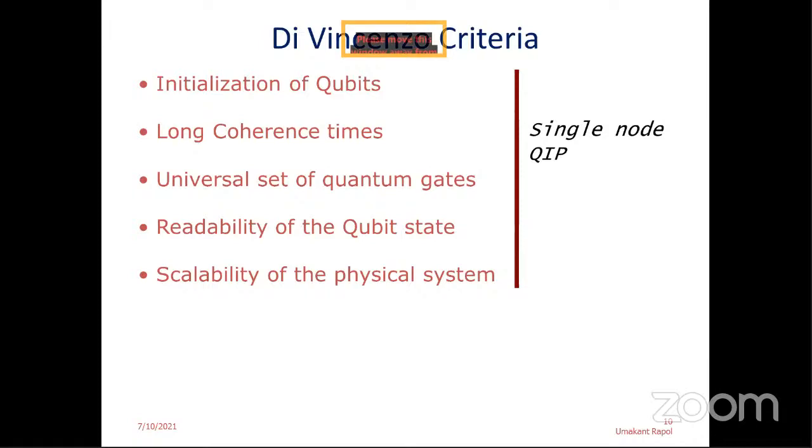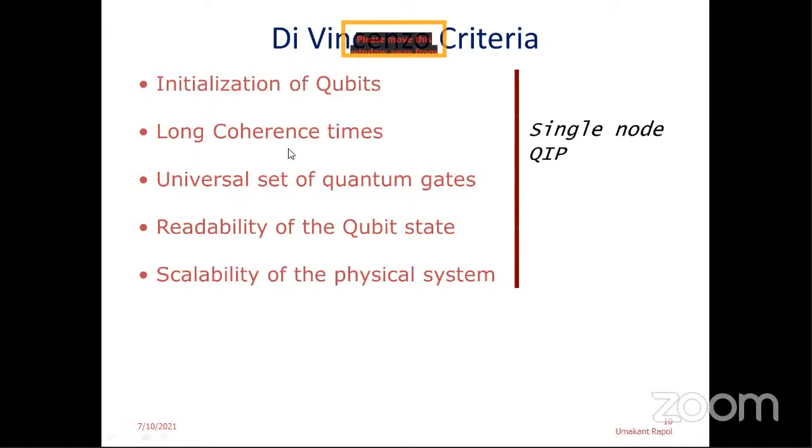Okay, now once you have such systems, how do you decide which system to go for quantum information processing? There are a few criteria, and these criteria are well summarized by DiVincenzo. First, you should be able to initialize the state of these qubits. Like in a classical bit, you should be able to start your system either in the logical 0 state or the logical 1 state.